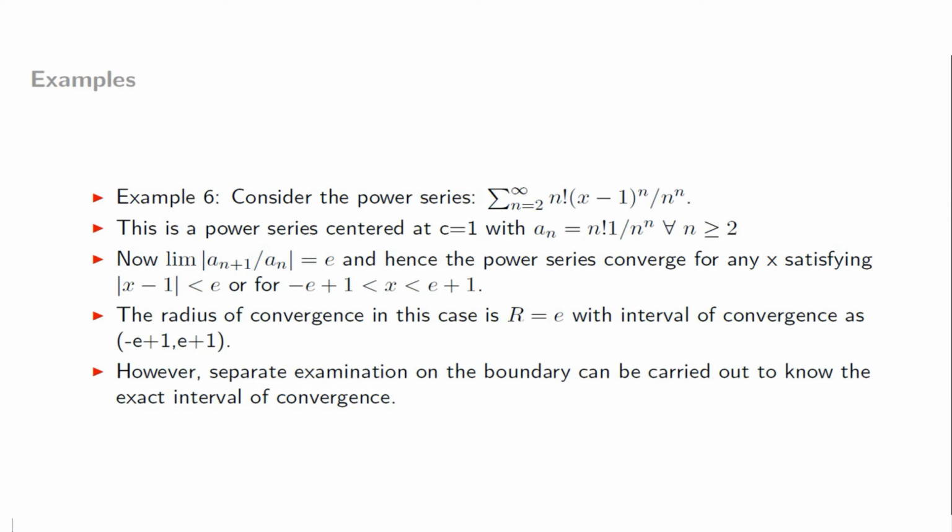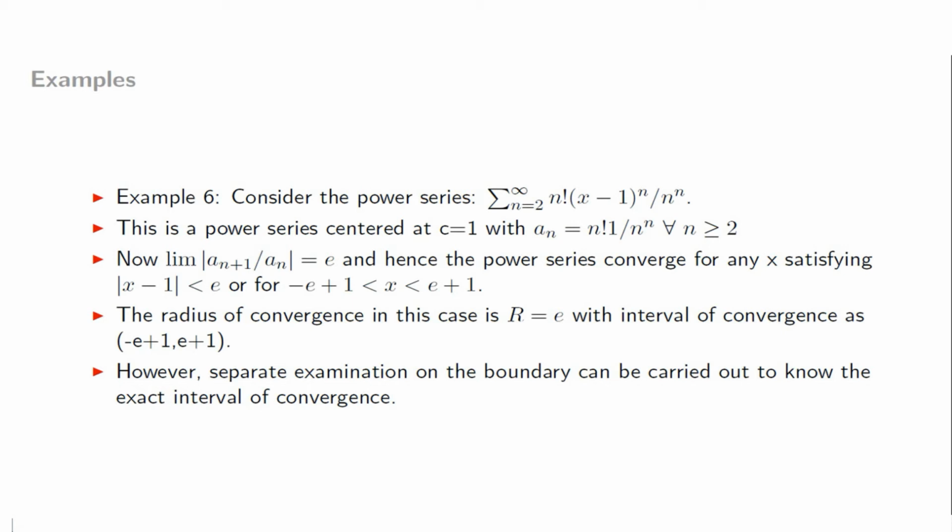Consider our next example, the power series summation n from 2 to infinity n factorial (x minus 1) whole to the power n divided by n to the power n. So this power series is centered at c equal to 1 with a_n as n factorial divided by n to the power n, which is defined for every n greater than or equal to 2. Now if we take the ratio a_(n+1) by a_n, we get the limit of the absolute value as e,